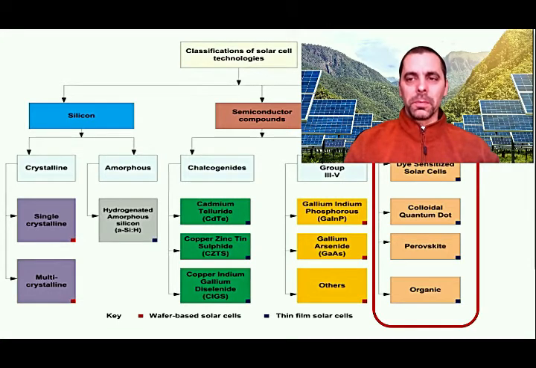The second big group contains the thin film technology cells like cadmium telluride and CIGS cells, and the group 3 to 5 PV cells like gallium indium phosphide and gallium arsenide cells. That was the second video in this topic. Today, we will check the 3rd generation solar cells. This group is a continuously expanding one, so we will mention only the more significant ones.